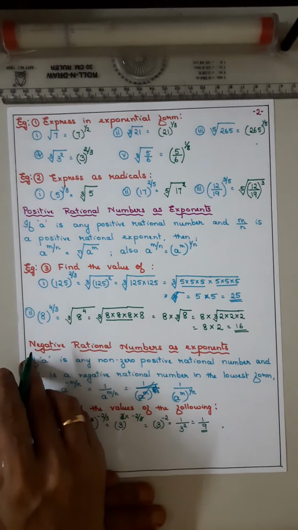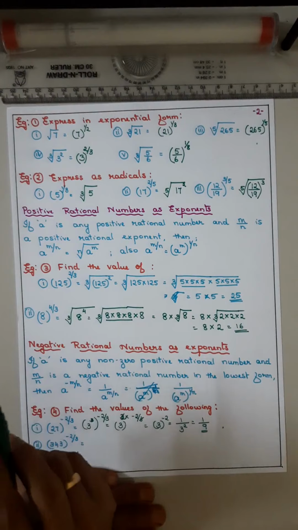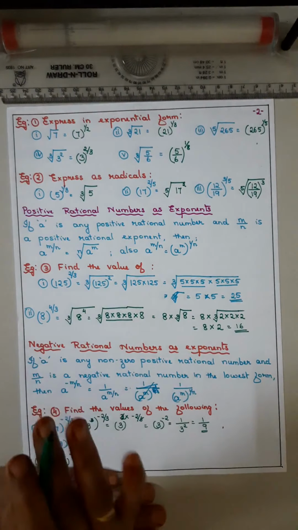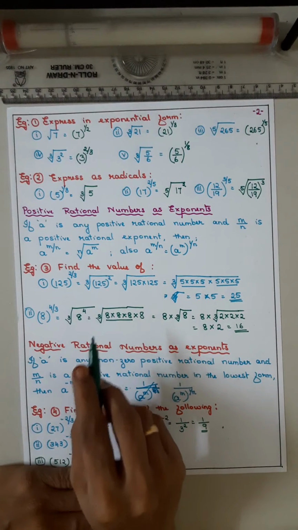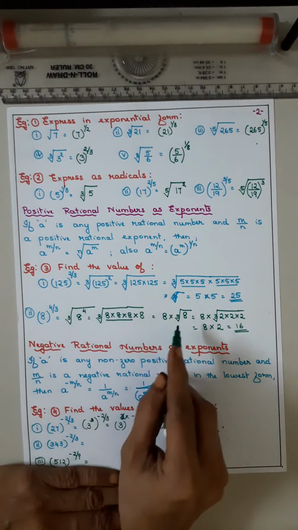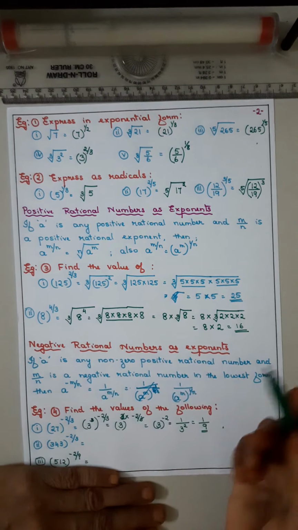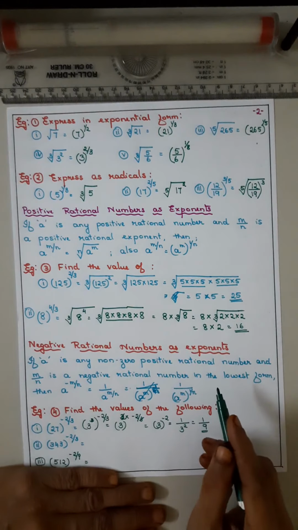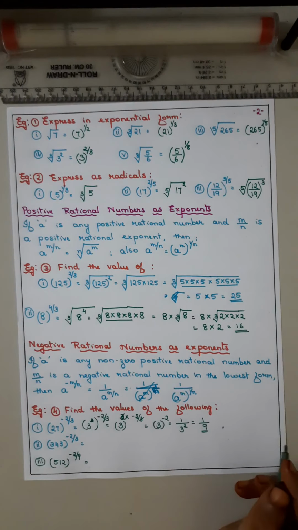So what we did? Cube root of 8 to the power 4. If it were 8 to the power 3, directly the answer would be 8. But now it is cube root of 8 to the power 4. So write 4 times. For 3 times the answer will be 8, so take it outside. Find out the cube root of 8 again. Cube root of 8 is 2. So 8 2s are 16.